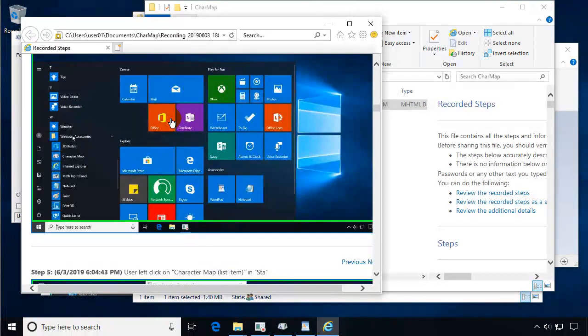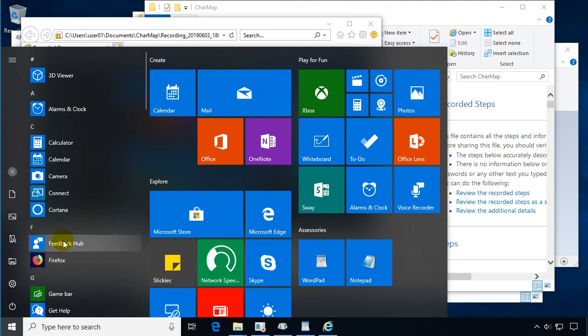Or when it was called Problem Step Recorder back in previous versions of Windows, I think the intent was that you could record the steps of the problem you're having, so somebody troubleshooting with you could see exactly what you're doing, exactly what you're clicking on. And there's a little bit of evidence that it used to be called that. So if we go back